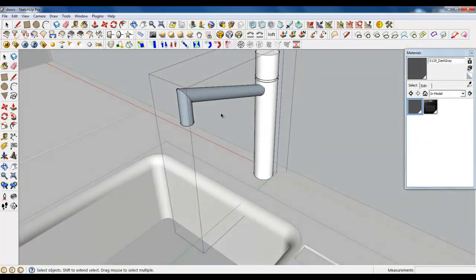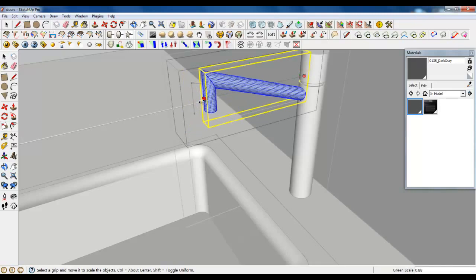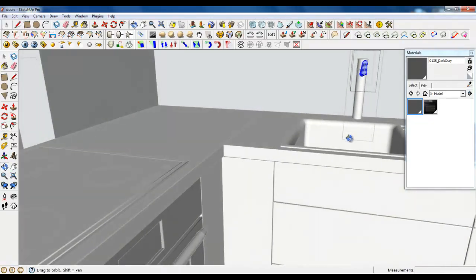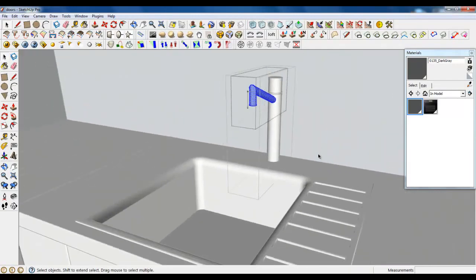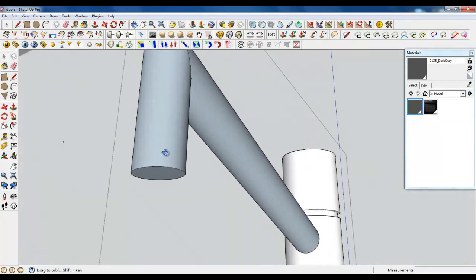It's good now. Maybe too long, so we can scale it. Don't worry about the proportions, and it won't be visible. Delete original lines, and also